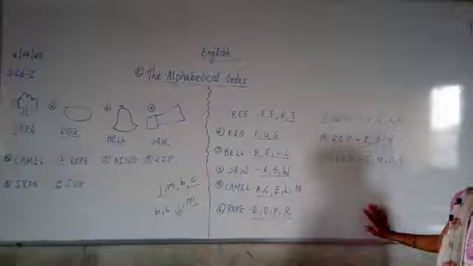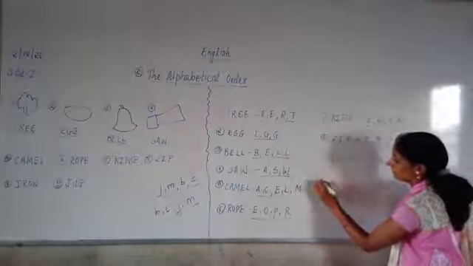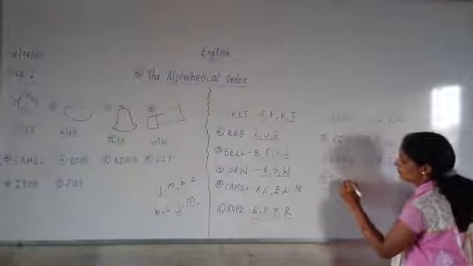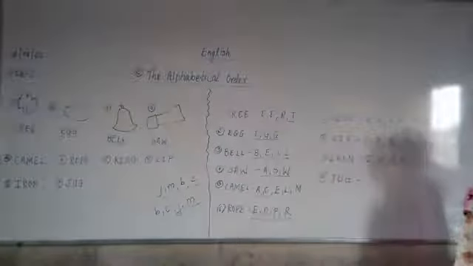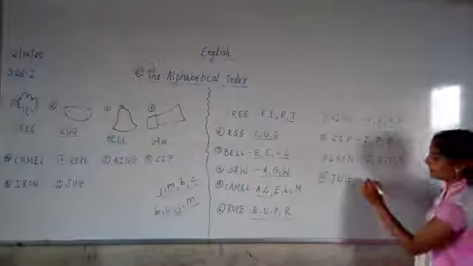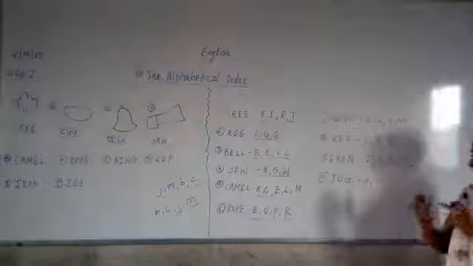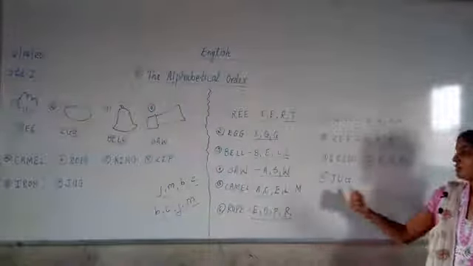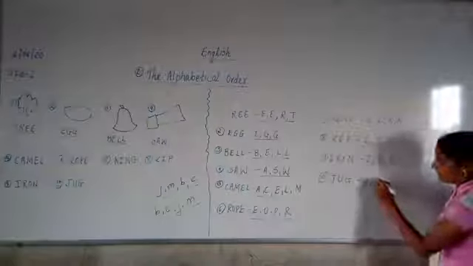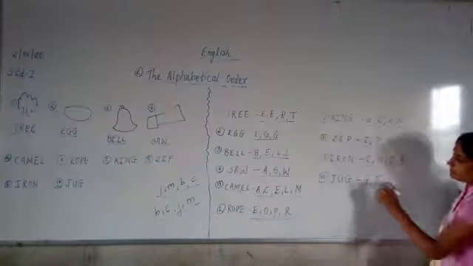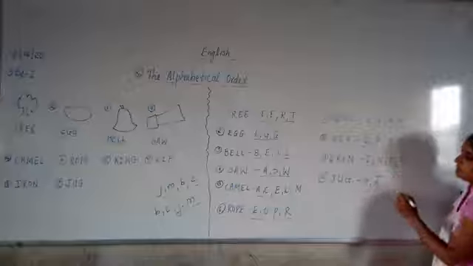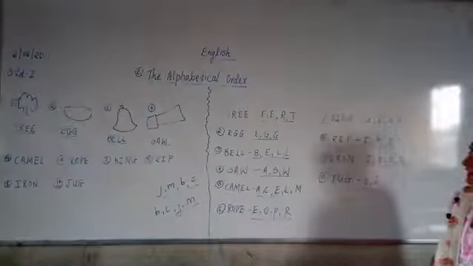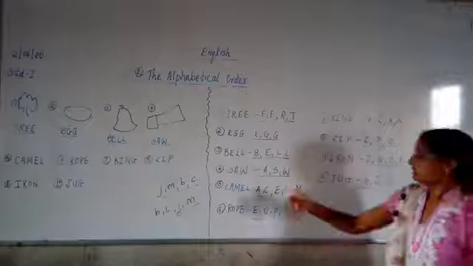The last example which is given over there is jug. J-U-G, jug. Now the first letter which will come is G. Come on, start. A, B, C, D, E, F, G. G comes first. After G, which letter will come? J letter will come after G, and the last letter which will come is U. So in this way we have completed 10 examples of the letters in alphabetical order.